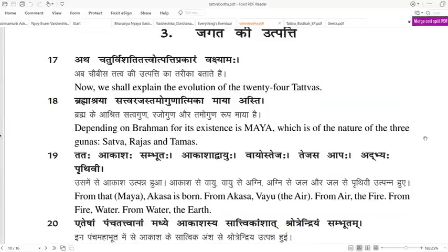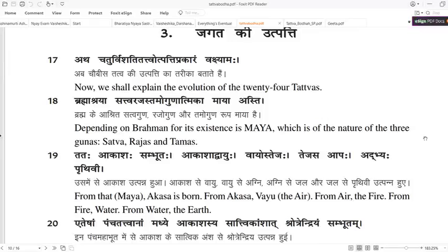What are the different number of elements into which we can separate this reality? Then we'll split them up one by one. So, atha chaturvinshati: 4 plus 20, 24 are the tattvas of this universe around us. Of course, there are subdivisions and so many others, but the major categories are these 4 and 20, 24.